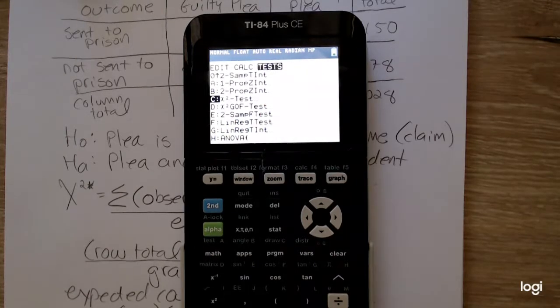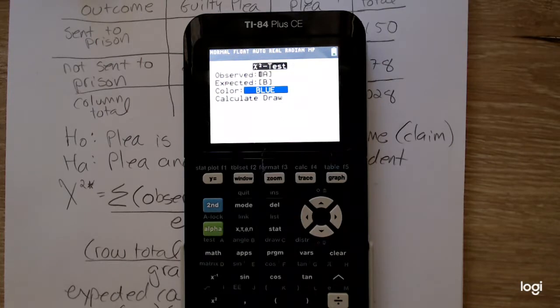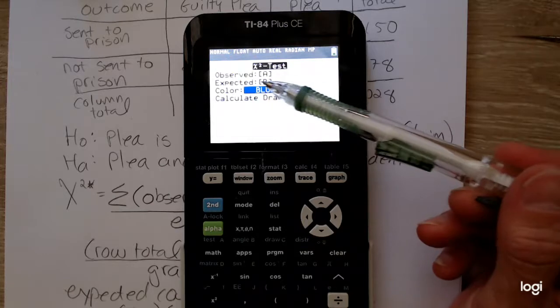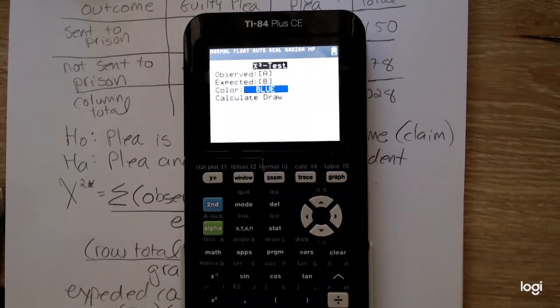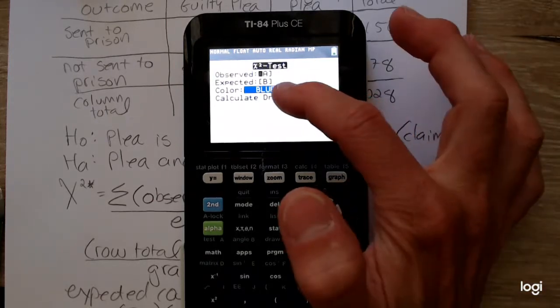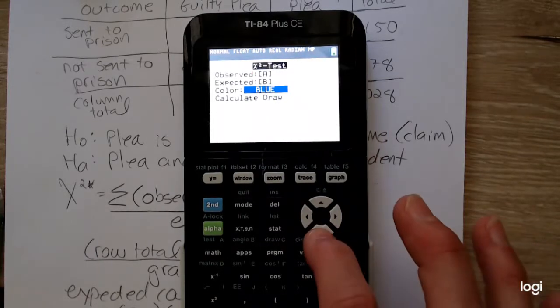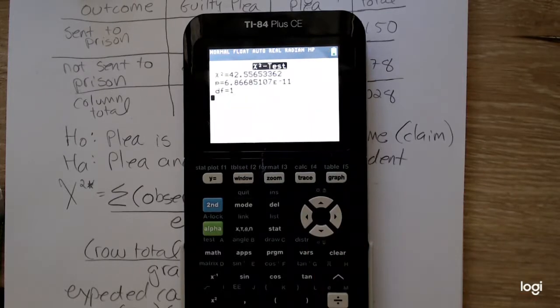The chi-square test is the chi-square test of independence. It needs to know where your observed matrix is, and it defaults to A, and that's why I always put my observed counts in matrix A. And notice I did not put in the expected counts in matrix B. What's really nice about the calculator is that it will generate that expected matrix for you after you run the test. So all you need to do is scroll down to calculate,